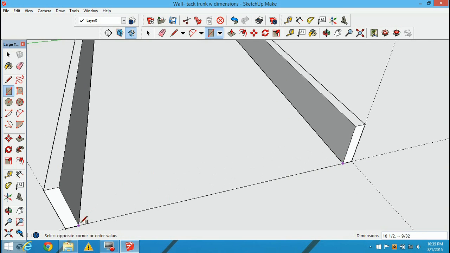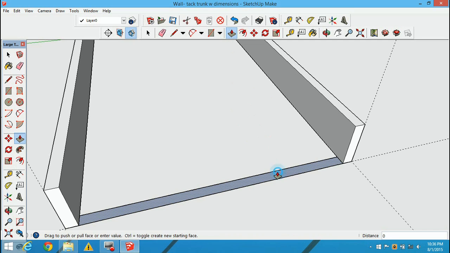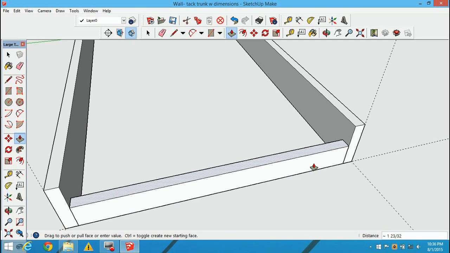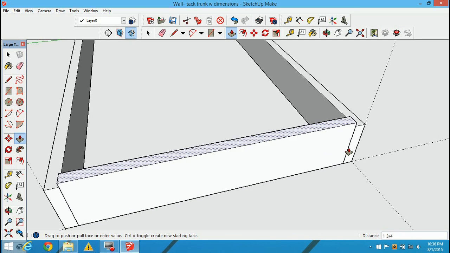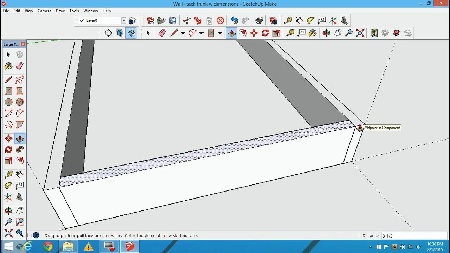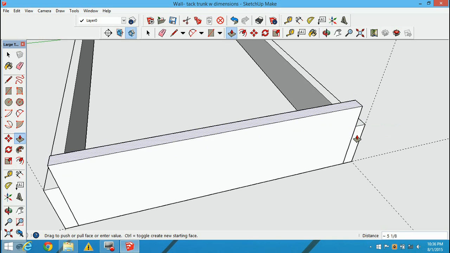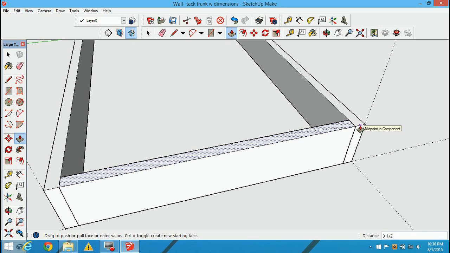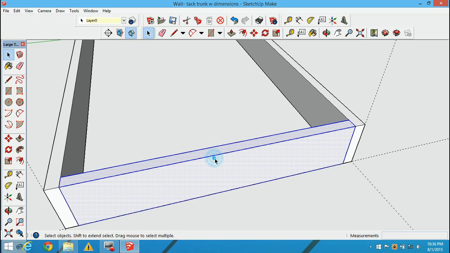Gonna put, that's going to be 18.5. So I'll do 18.5, comma, 0.75, push pull. Now instead of having to type in 3.5 over here in the bottom right hand corner, watch what this does. I can come up here to this line because that's where I want it to be. Notice how it snaps to it. Once it snaps, I'm done. Click on it, go back in,